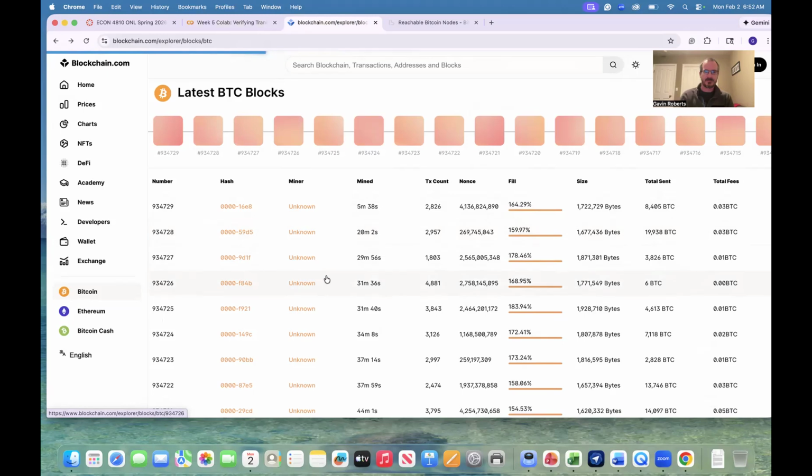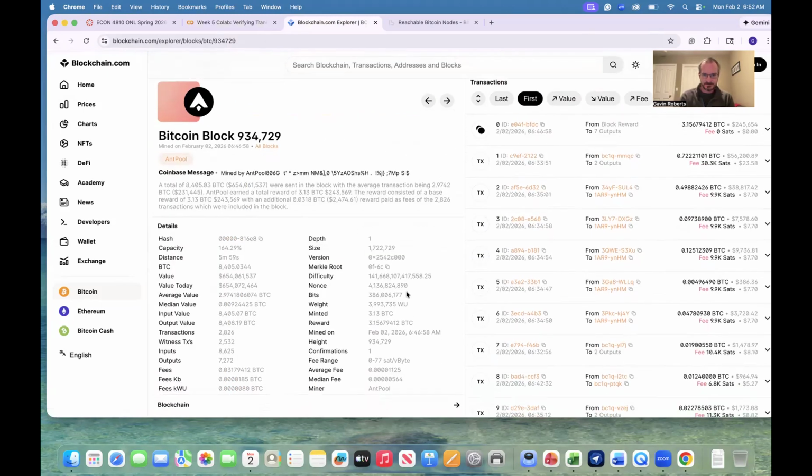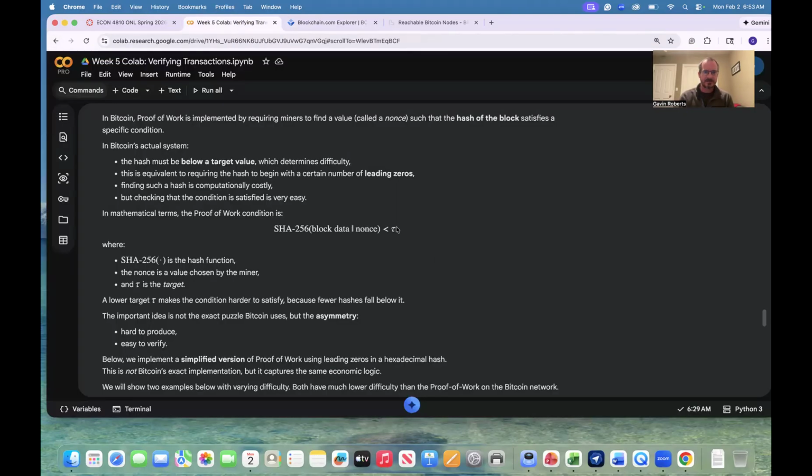That one's going to have, just so we can see it, here's the nonce on that one. So that's a slightly different number than we had before. And that's going to determine whether you get to mine the block. We're going to search for a nonce that causes something to happen. So in Bitcoin, proof of work is implemented by requiring miners to find a value called a nonce,